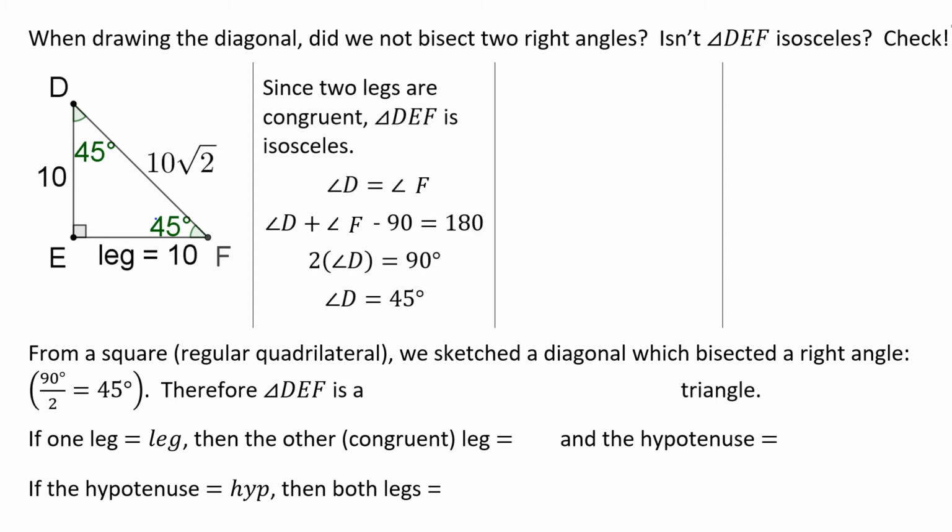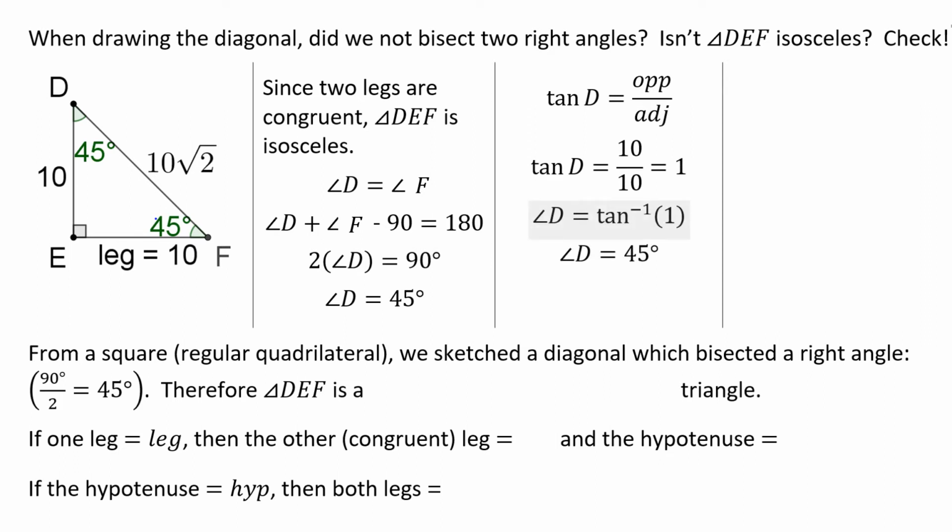One way to think of that is that if we have an isosceles triangle, then angles D and F are the same. Angle D plus F plus 90 equals 180 degrees. Since D and F are the same, we should be able to say that 2 times angle D equals 90 degrees, so angle D equals 45. So too angle F. Another way to think of it is that if we were to take the tangent of angle D, then the opposite side is 10 and the adjacent side is 10, so the tangent of D equals 10 over 10, which equals 1. Grab your calculator and figure out the inverse tangent of 1, and you'll find that we are looking at